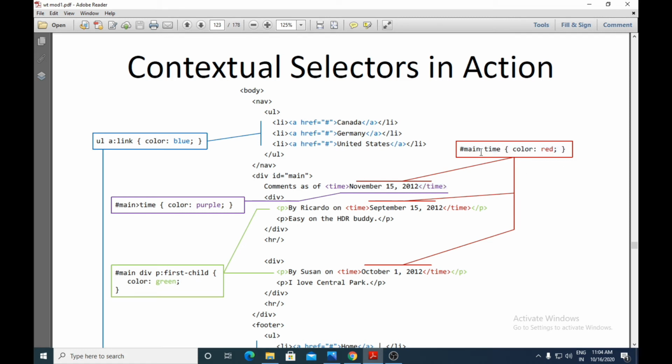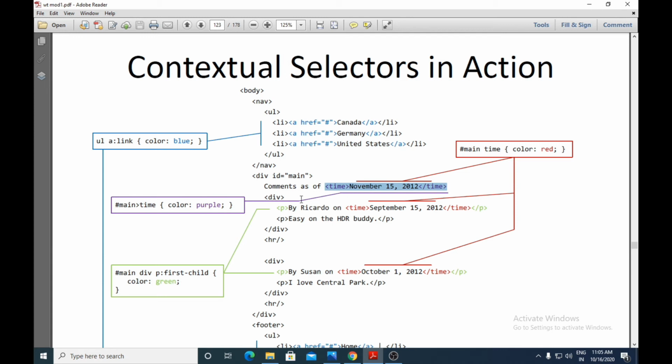What they have used is hash main. Hash main means id selector, then time is an element, and this is the descendant selector. Why? Because they have used a space here. So this time has to be a descendant of the main element, and the color is red here.